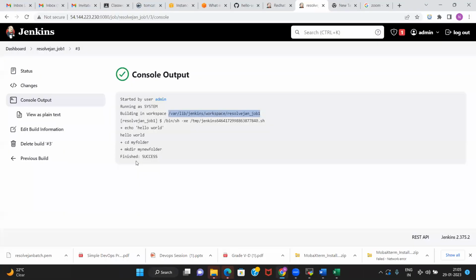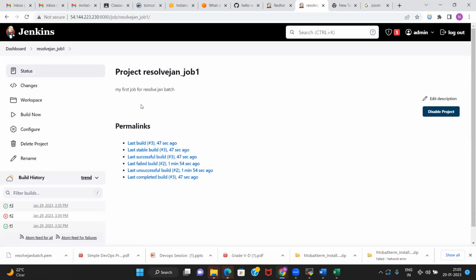So this is a simple job where we created a build, a simple thing we have done, and as part of that, in the Jenkins server, we are able to run commands on the server using the Jenkins job feature. We haven't gone to the command prompt and done it. We just have automated a small activity of creating a folder. We created a build and that's it.